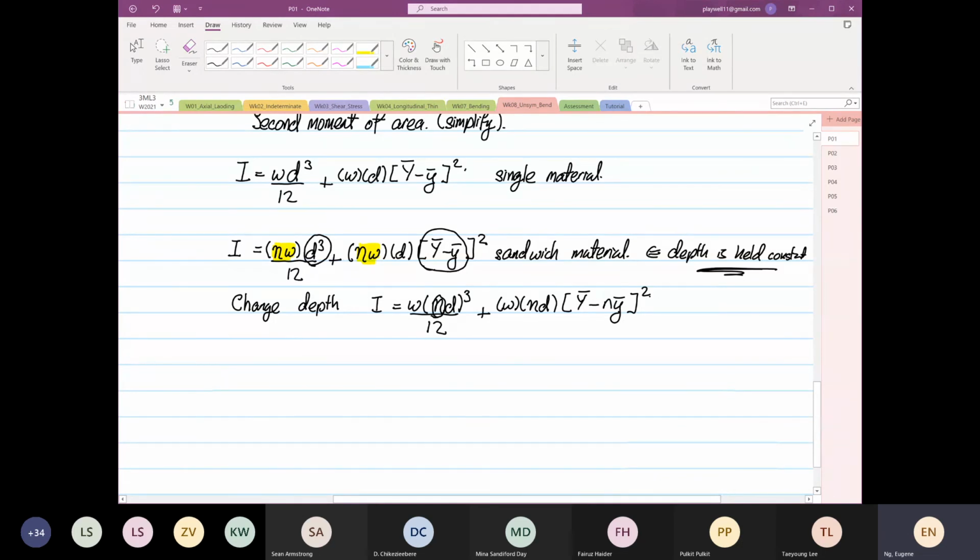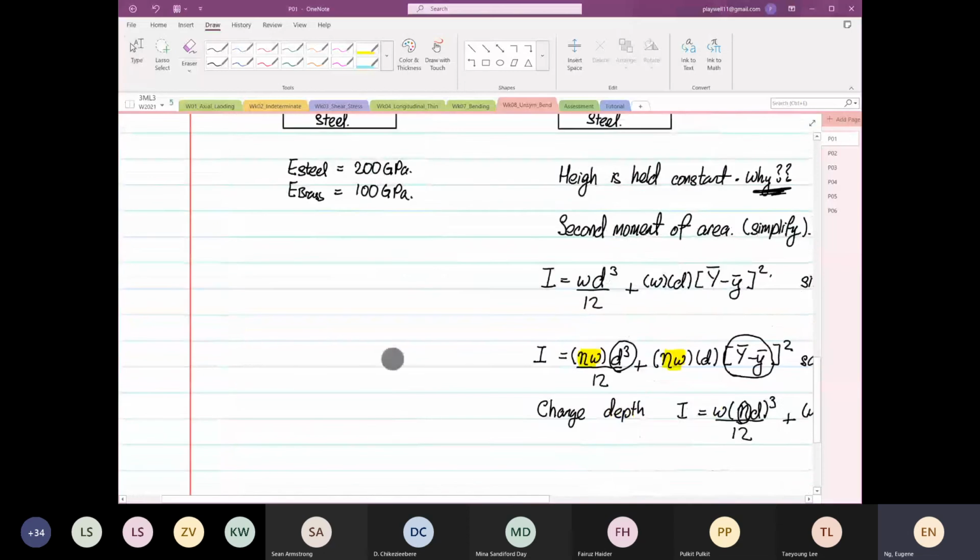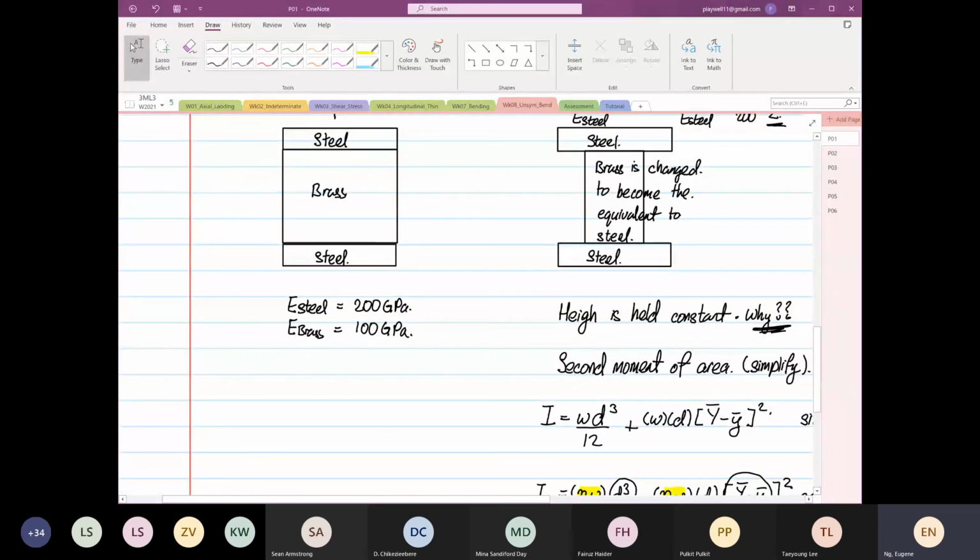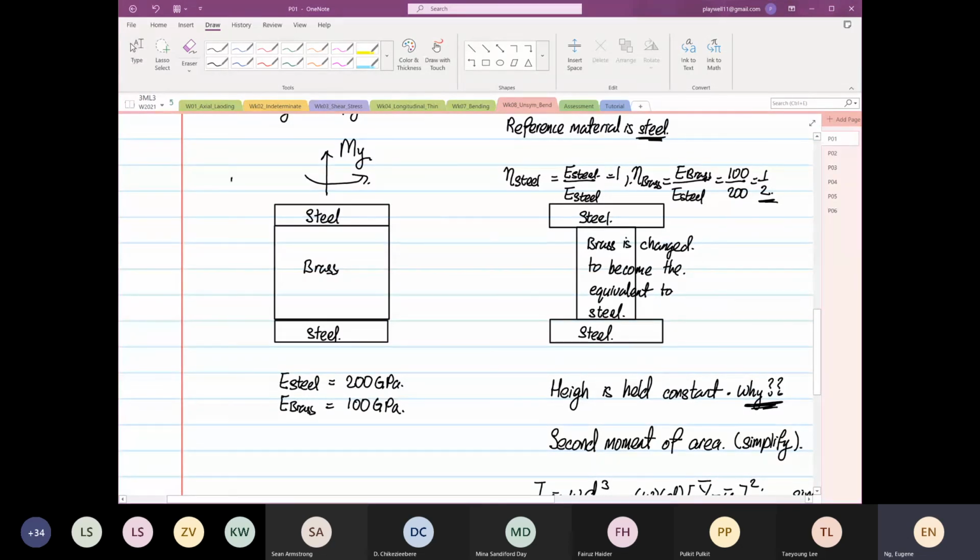Now, someone asked, Eugene, this is very, very good. What if now the moment is in the y direction? If I were to draw our transformation, sorry, I did not draw that. When this is the case, moment about y, so if we are taking our moment, this will be our width. No, what am I talking about? Hold on, today I'm having something not working in my mind. I do apologize. So the stress sigma x is equal to Mz over Izz multiplied by y. So for this case,